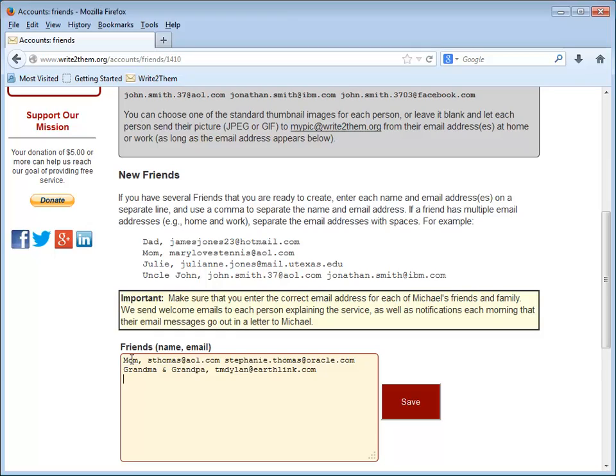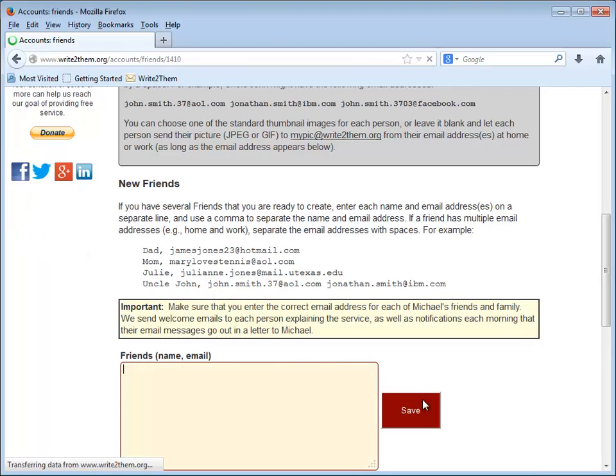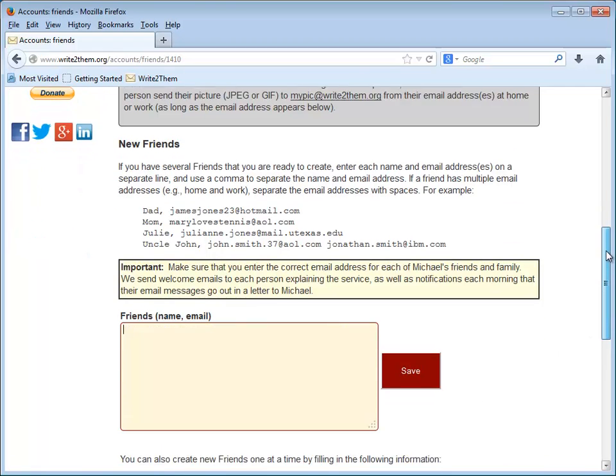And then enter key, go to the next record, and then finally I'll add one record for my father-in-law, known as Granddad Thomas, and list his personal email address. Okay, that's all. So when I click on the Save button, it'll process the records, make sure they're formatted properly,